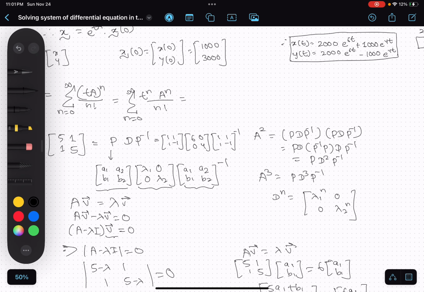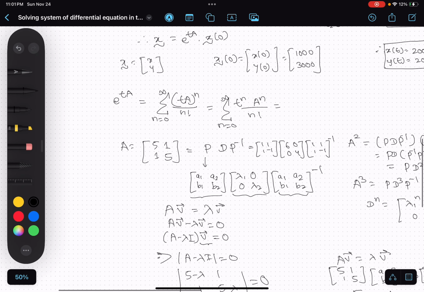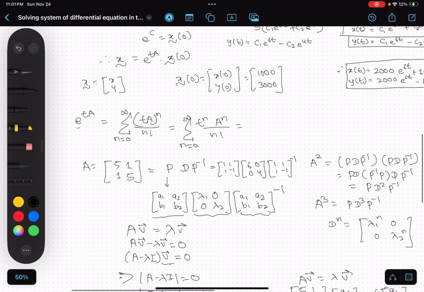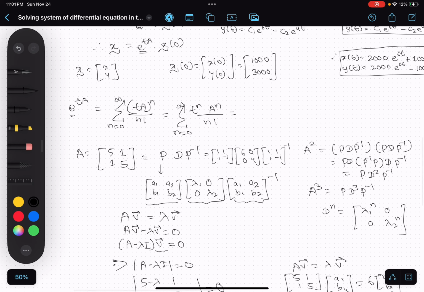Okay, so now we can find the sum. We basically want to find e to the power 2A, right? Because if we have this, I can just substitute it over here. So now let's try to find this. This will just be the sum from n equals 0 to infinity of t to the power n by n factorial, times A to the power n, which is just